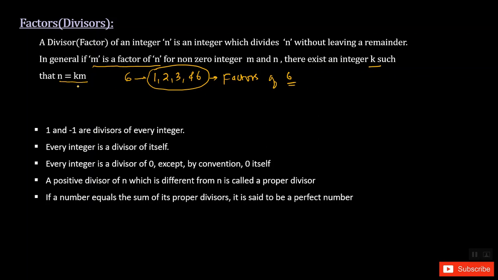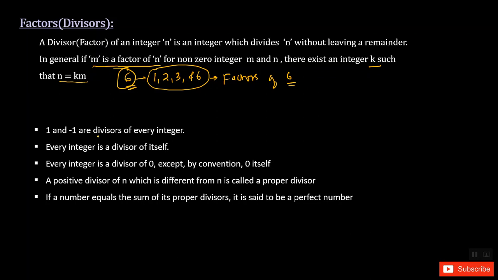These are the factors of 6, or I can also say 6 is a multiple of 2, 6 is a multiple of 3 and so on. So any number, the original number here, is always a multiple of its factor. So 6 is a multiple of 1, 6 is a multiple of 2 and 6 is a multiple of 3 as well. So these factors multiplied by some integer, you'll be getting the result, right? That is the meaning. Okay.